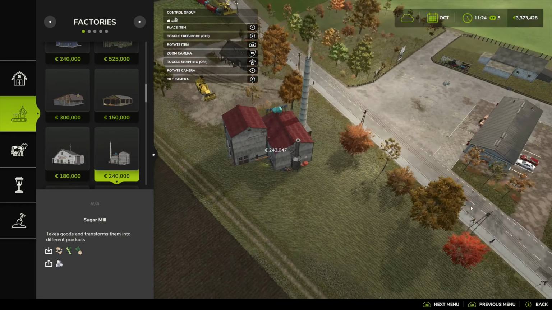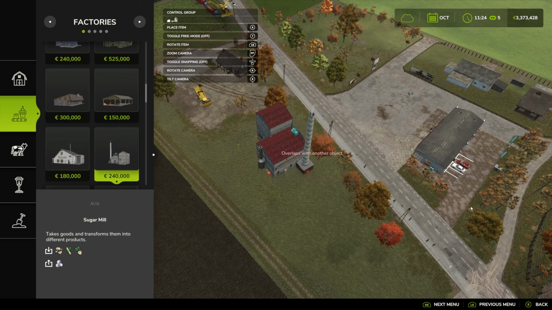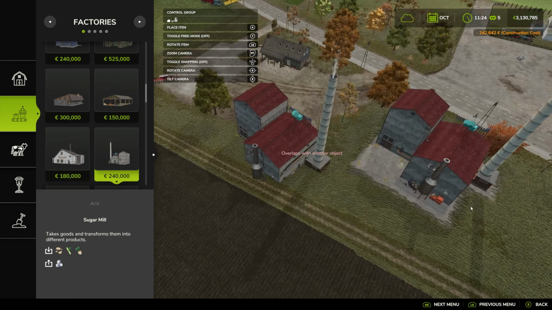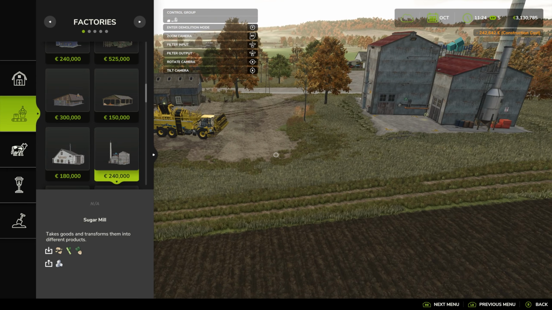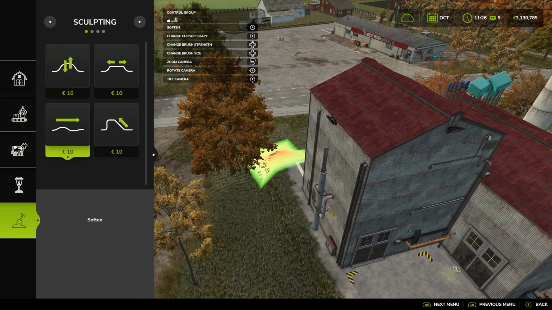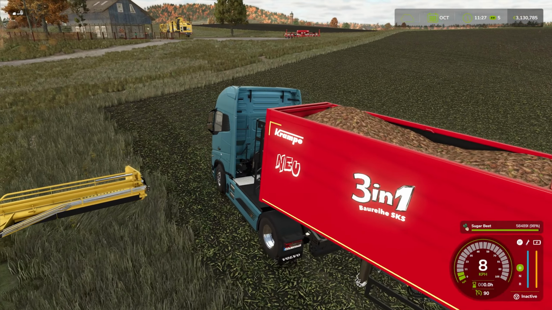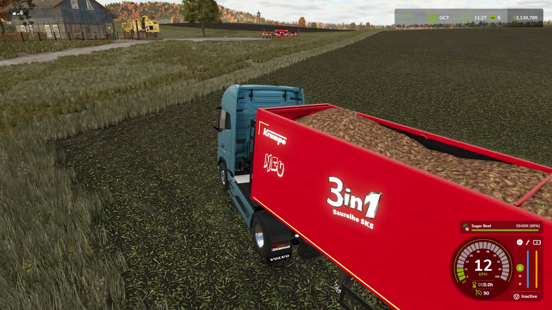Here it is in all of its glory, and we're just gonna, I don't know, I'll probably put it around about here. There we are, and then we're just gonna soften off that ground. Doesn't want to soften for some reason, we'll work it out. Right, anyway, it doesn't really matter. But yeah, softening doesn't work over there for some reason, but we are just gonna dump all of our sugar